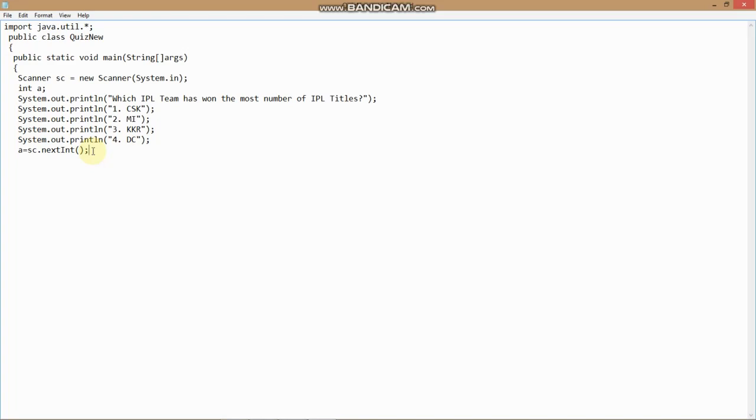So for that, if a equals to, well, I had told it in my first video, whenever you're equalizing something in Java, you'll have to use double equals to mark. So if a equals to 2, so here it is telling that if the user chooses 2 as the answer, then